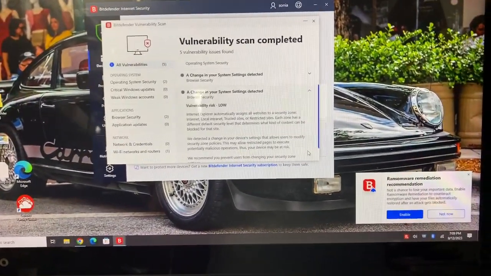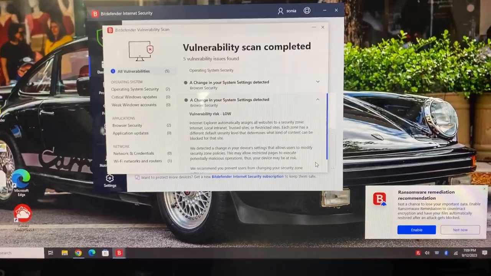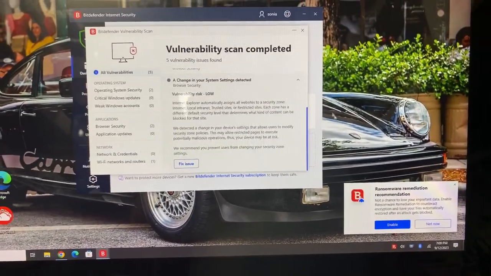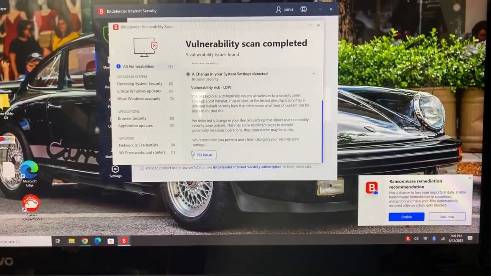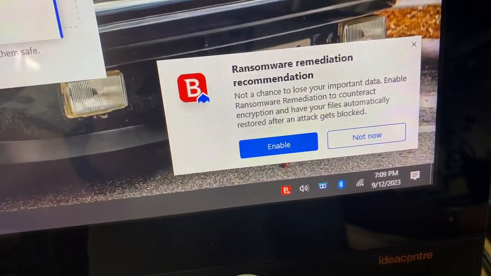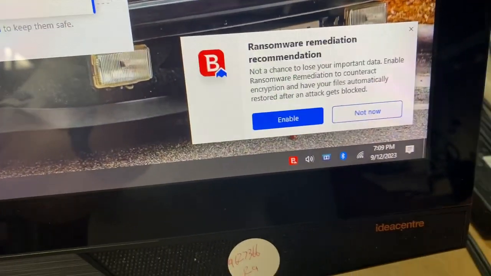And the last one, Internet Explorer, which you're not really using, but I guess since it's embedded, we're going to say fine, fix that one as well. I got this pop-up down here, which is if you want to do ransomware remediation, and